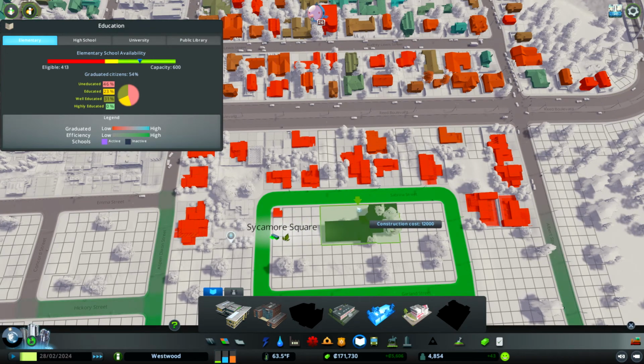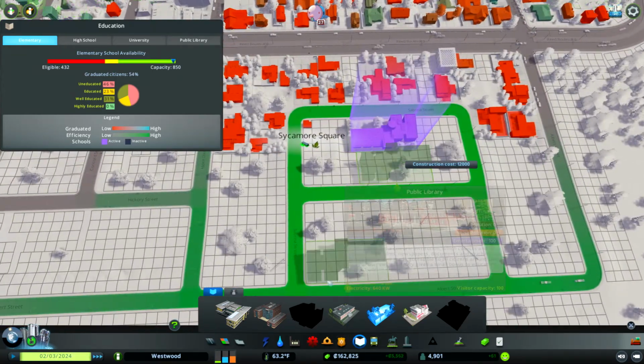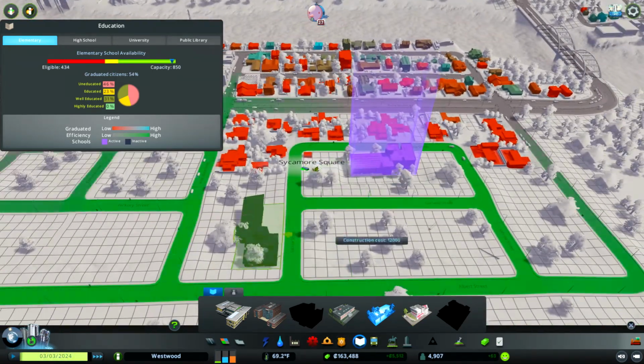Maybe actually, how many squares is this? 1, 2, 3, 4. 1, 2, 3, 4, 5. Right there. Boom. All right. Cool. And then